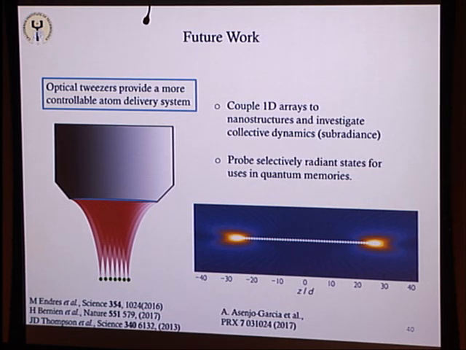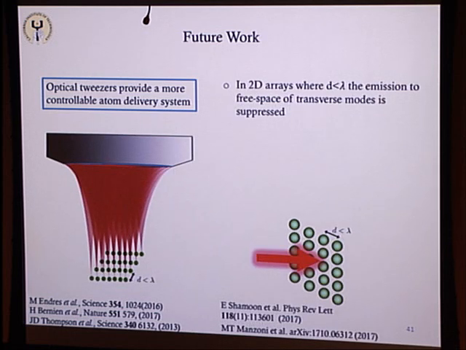Being able to probe this for uses in quantum memories would be pretty interesting for the community. Another thing, you can utilize this subradiant effect by looking at 2D arrays, and it's actually a much less stringent requirement on the spacing between the atoms. It's not this lambda by 2 that I talked about. It's roughly lambda, and so if the atoms are spaced by roughly lambda, then in a 2D array,